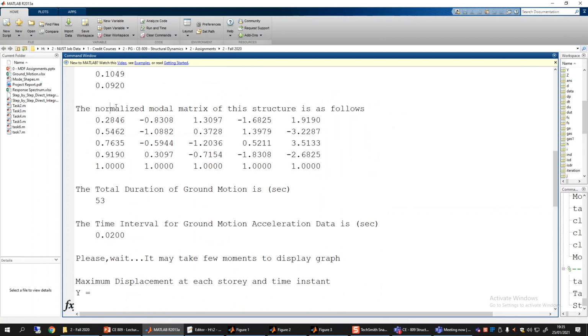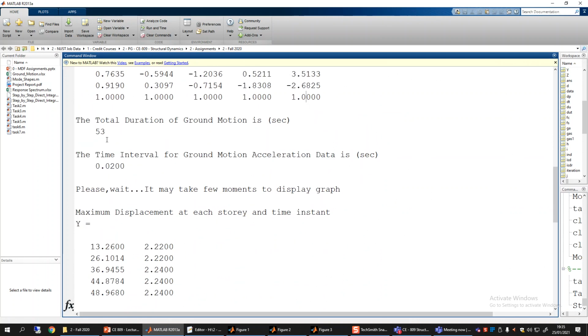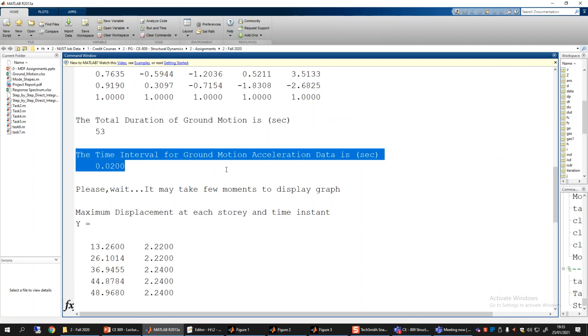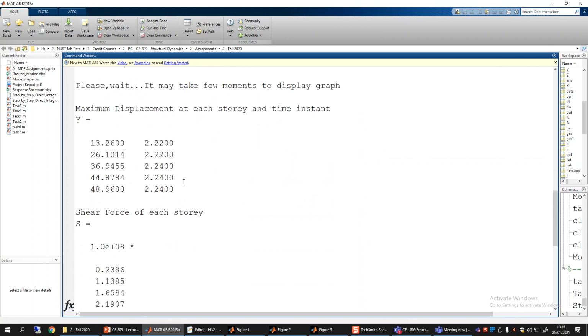The normalized modal matrix. Now, the total duration of ground motion is 53. The time increment was 0.02 seconds, and then it simply gives the maximum displacement at each story and the time instant at which that maximum displacement occurs.